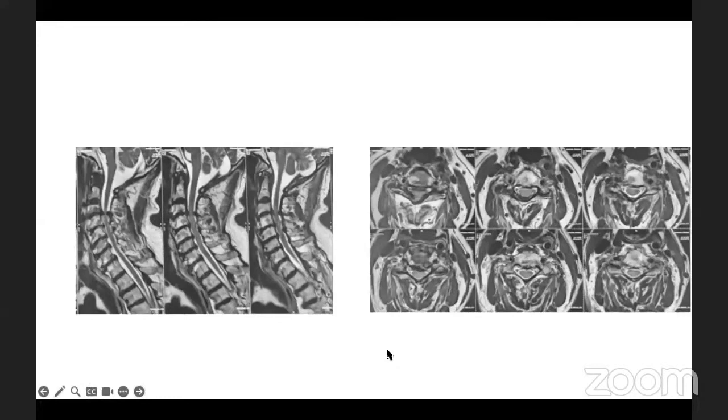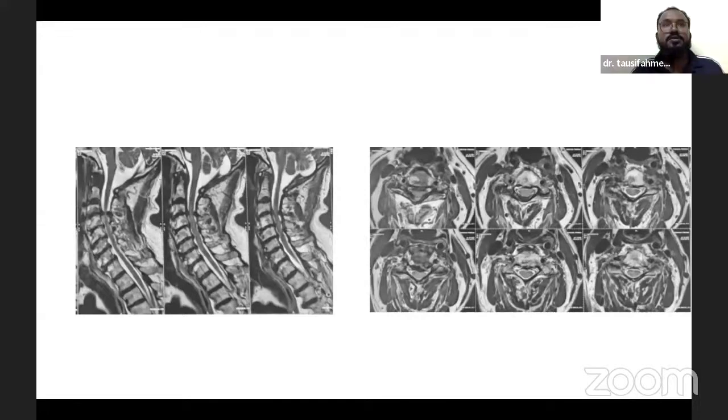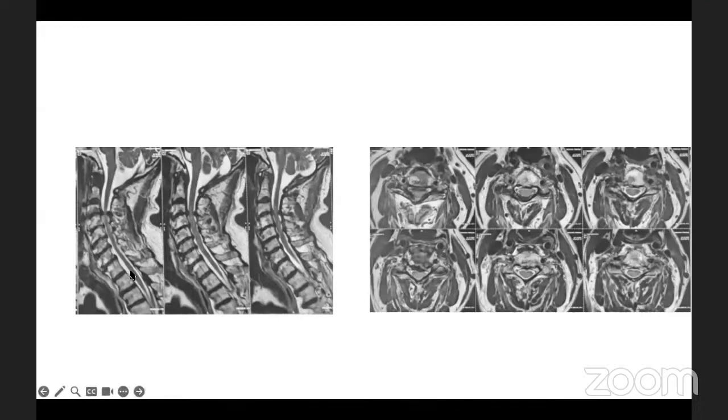Just adding one point, I think Tausif mentioned the patient is not able to walk on toes. Am I right, Tausif, in this case? Yeah. So there is an S1 deficit. There are chances that the unsteady gait might be because of the S1 deficit, because S1 is one of the root values for your hip abductors as well. But we have no conclusive proof. I'm just putting this thought across. S1 deficit is there plus cervical compression. So what is the causative factor?